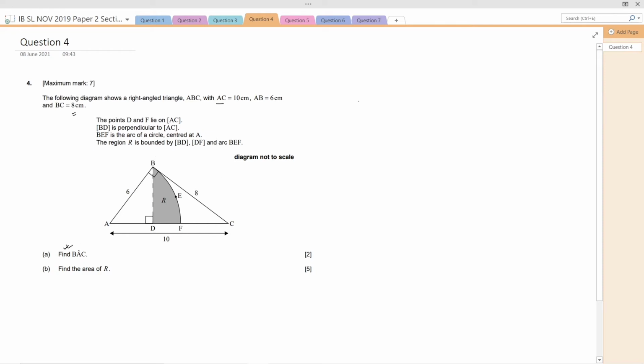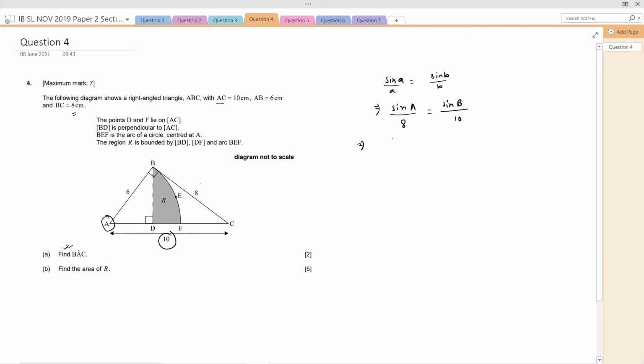Okay, so for this we will use the sine rule, that is sine A by a equals sine B by b. This is the first rule we have. Now for sine A, let us use the right nomenclature: sine A divided by the opposite side for this angle A, which is 8. So sine A divided by 8 equals sine B divided by the opposite side, which is 10.